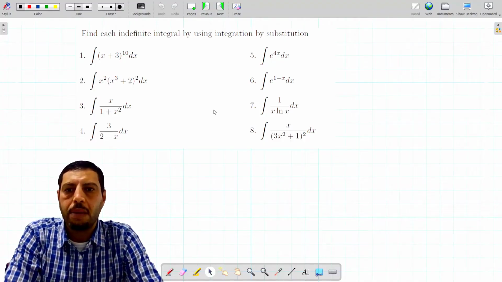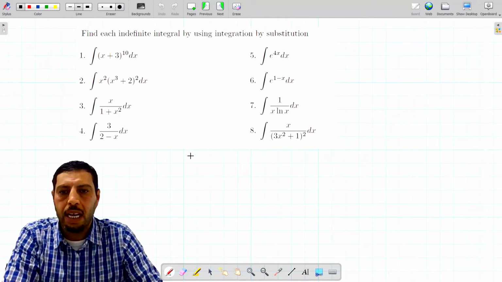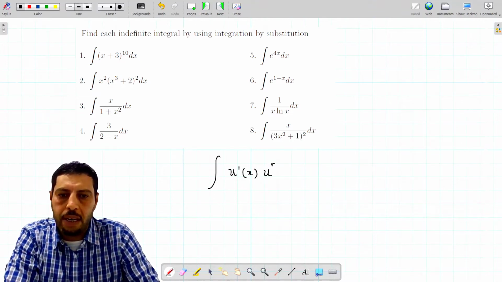Welcome to this activity about indefinite integrals, in which we're going to use integration by substitution to compute the following integrals. First of all, let me make a reminder on integration by substitution. The first rule is the power rule. So it says that the integral of u prime of x, u to the power of n of x, dx